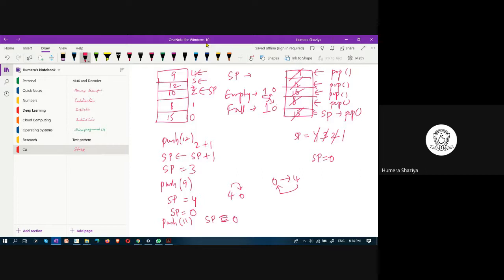When SP gets 0, further if you call pop, you cannot decrement because it's over. The range is completed. So then what happens? You set the empty flag to be 1 and full flag to be 0. It indicates that the stack is empty now.